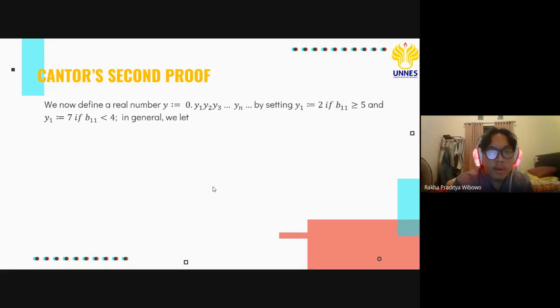We now define a real number y to be equal to 0.y1, y2, y3, up to yn, and so on, by setting y1